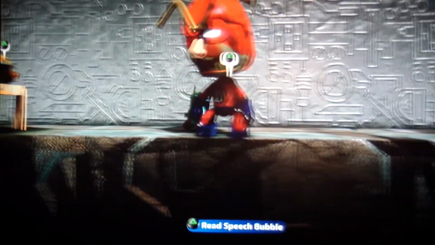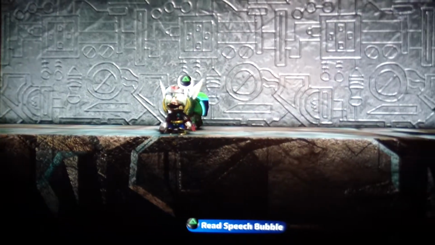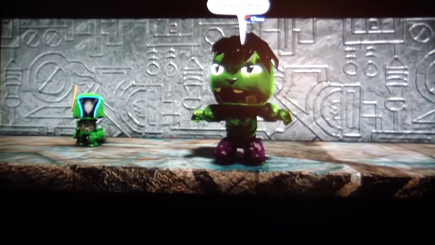These are all villains from Castle Doomstad Part 2. Zombie Thor, Zombie Hulk,